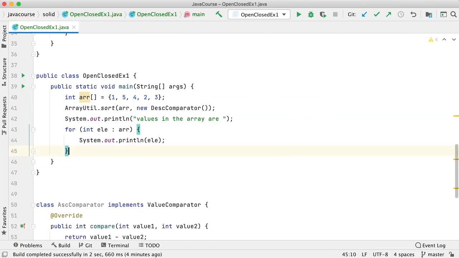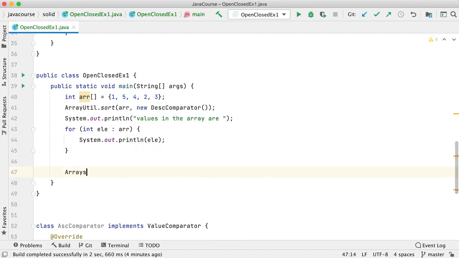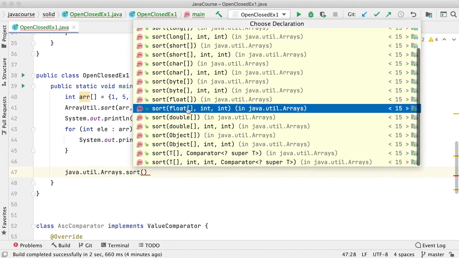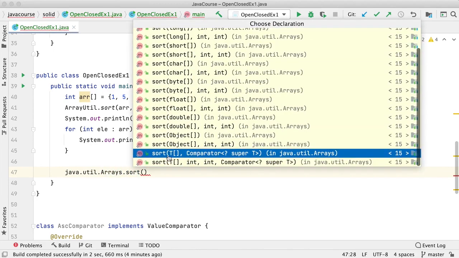Now you can actually find there is a class called Arrays which performs all sorts of sorting techniques and other stuff which is already available in java.util.Arrays. So you can see that you already have all the sort logic. If you supply an array and you supply the comparator, then they will use this comparator to compare and then sort the array.